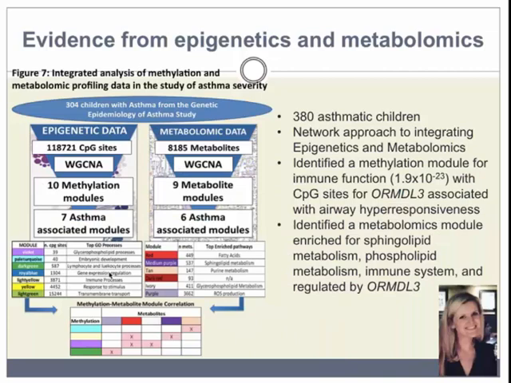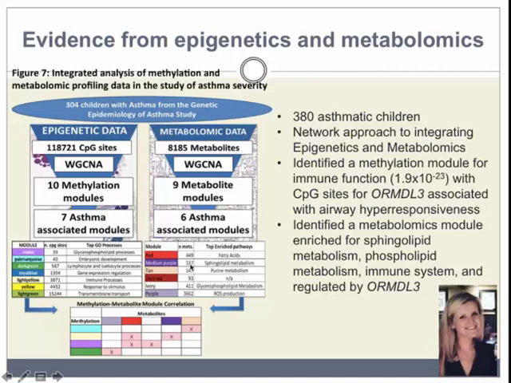We can actually use the same approach for any type of omic data, and that's what we did. We did this for epigenetics, genomics, and metabolomics. Here on the left side, I'm showing you a very high-level pictorial summary of what we did. In this case, here are epigenetics, here are CpG sites, our analysis, the number of modules that we found associated with asthma, all listed here, and the biological processes associated with those modules. So we can do that for epigenetics, and we also can do that for metabolomics.